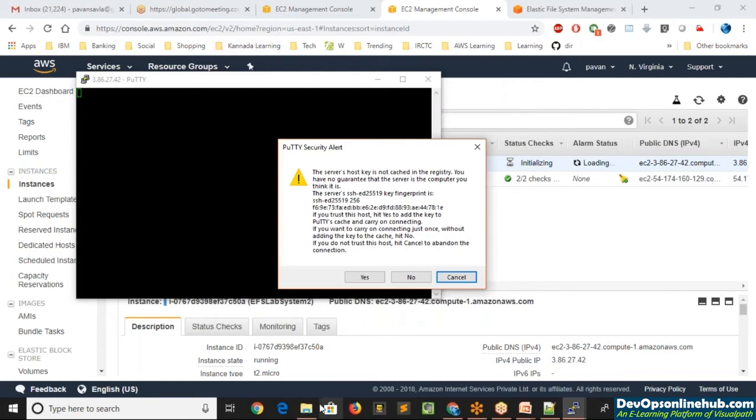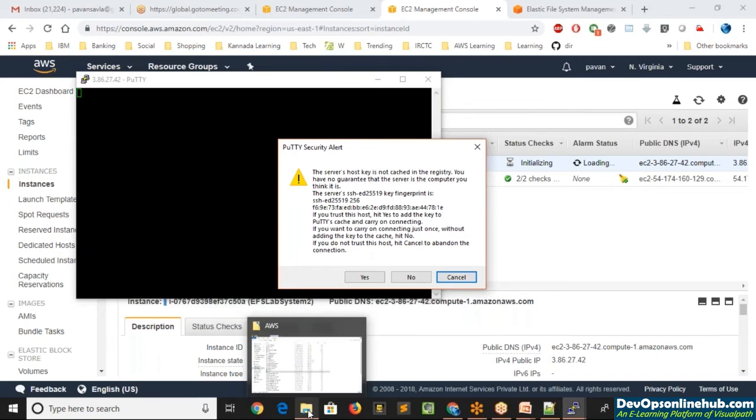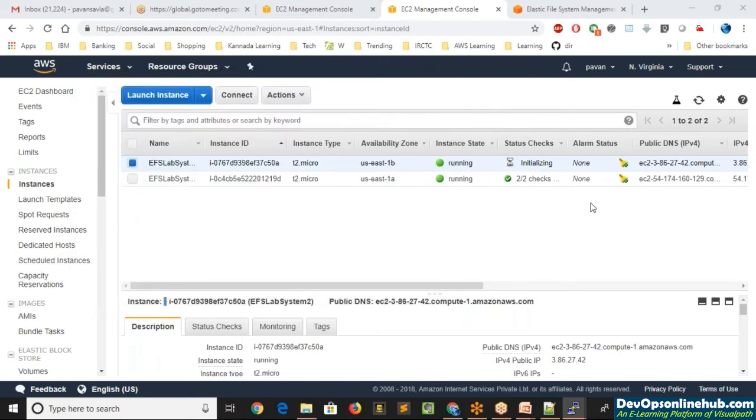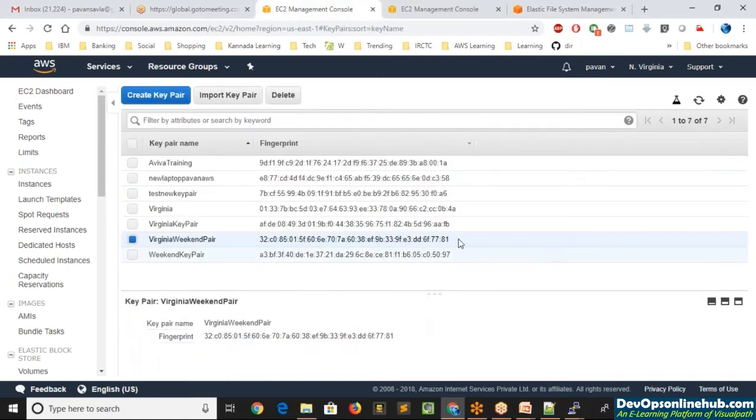So that is the reason it is failing. If you see the key fingerprint on the message box, it starts with F69E and the one that we have is 32C0. So I guess that is a key pair from a different account.